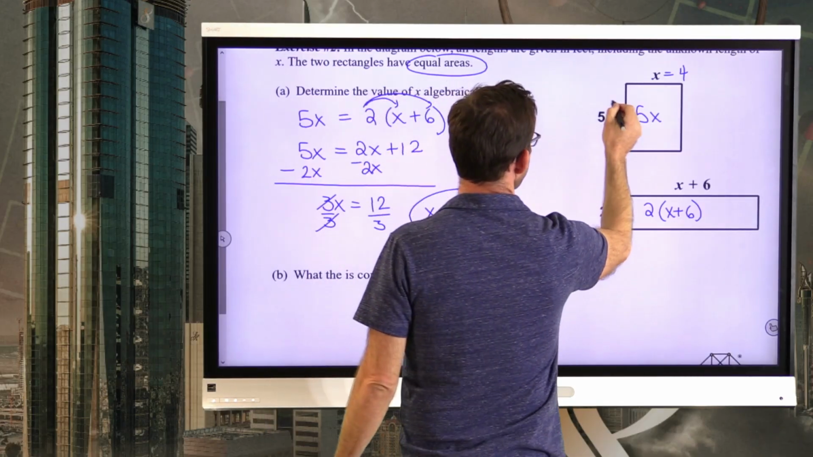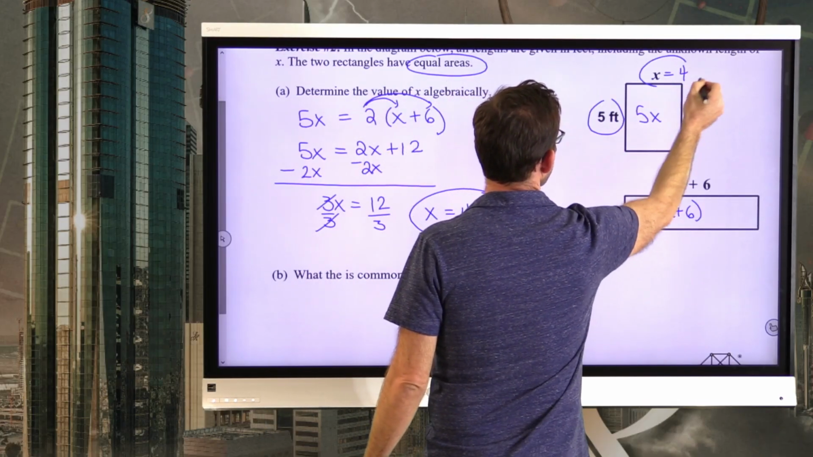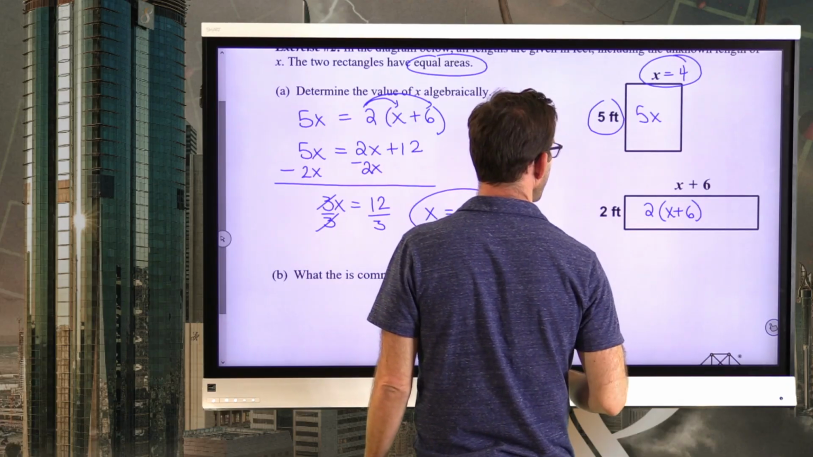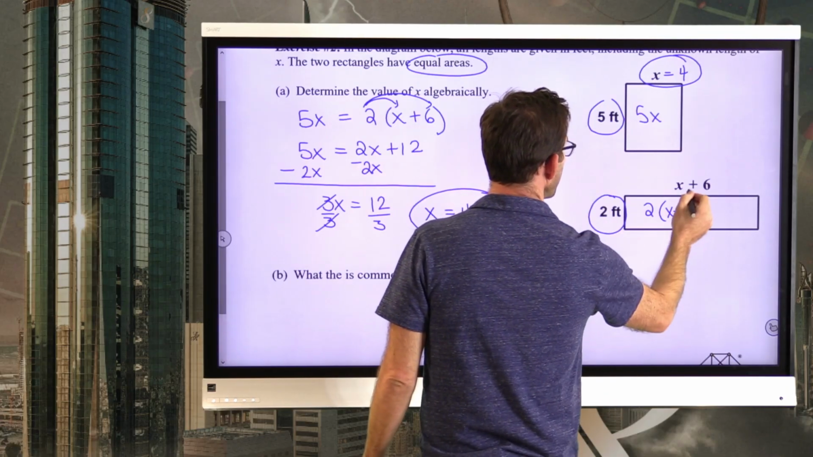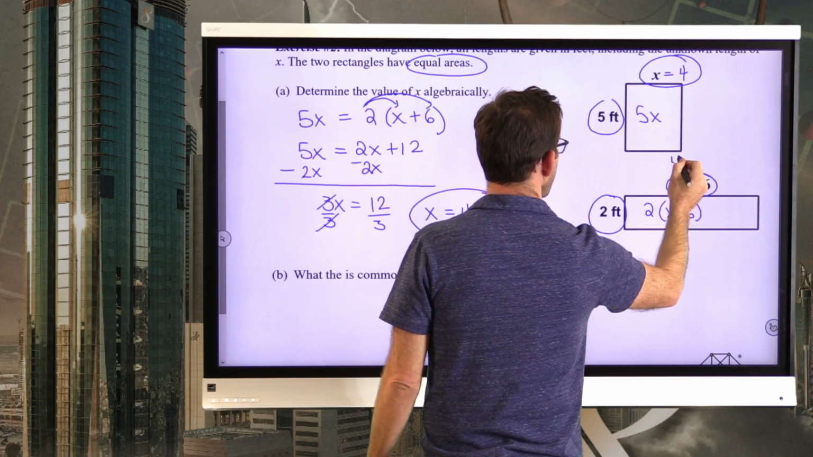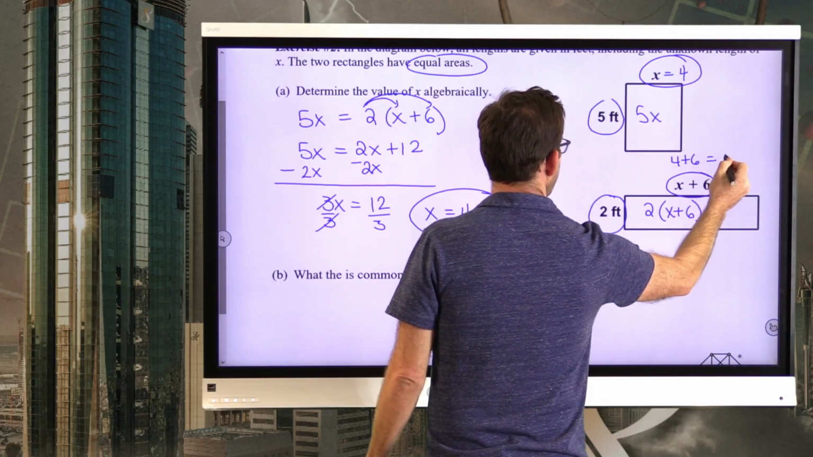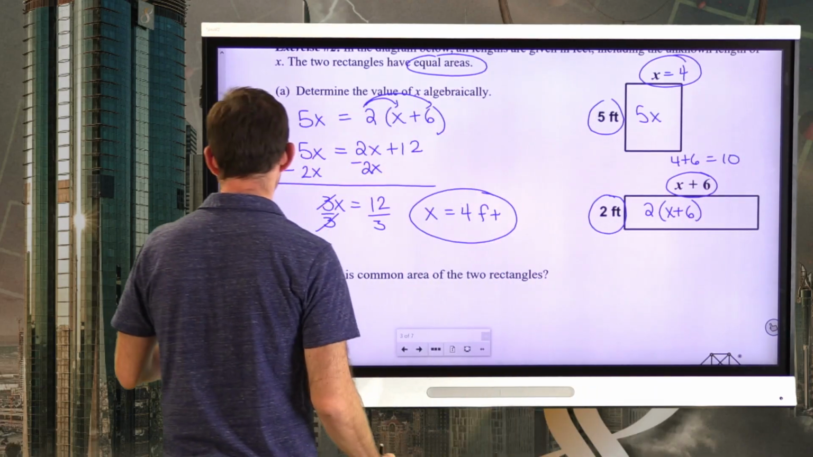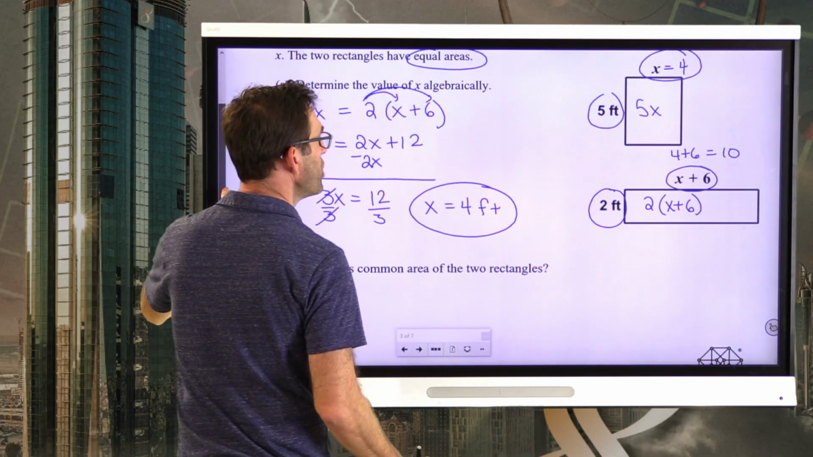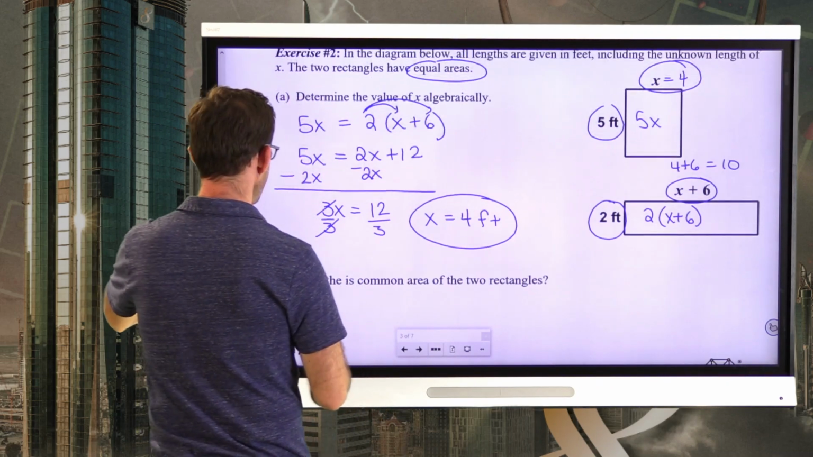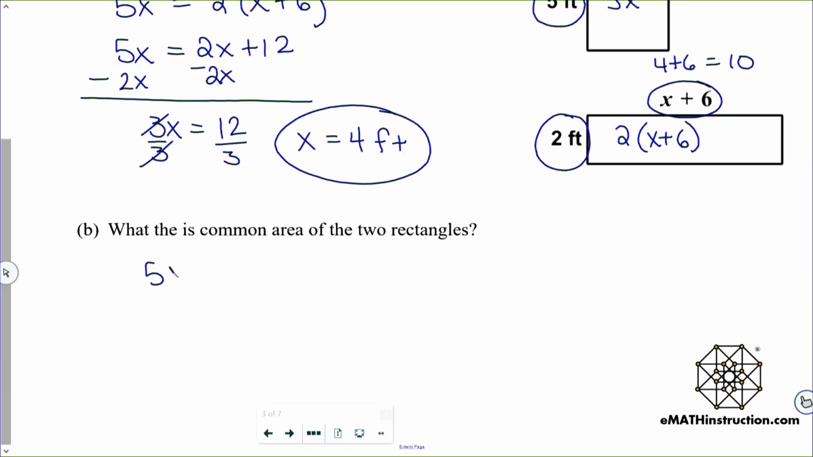In which case, that rectangle has a length of 5 and a width of 4. This one has a width of 2, and if I put 4 in here, I then get a length of 10. So if I've done this correctly, the two areas should be the same. Well, the rectangle on the top has dimensions of 5 by 4, so that's going to be 20 square feet. And the one on the bottom has dimensions of 2 times 10, and that's also going to be 20